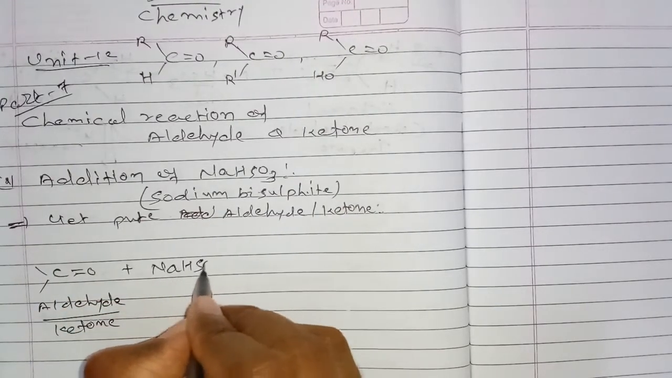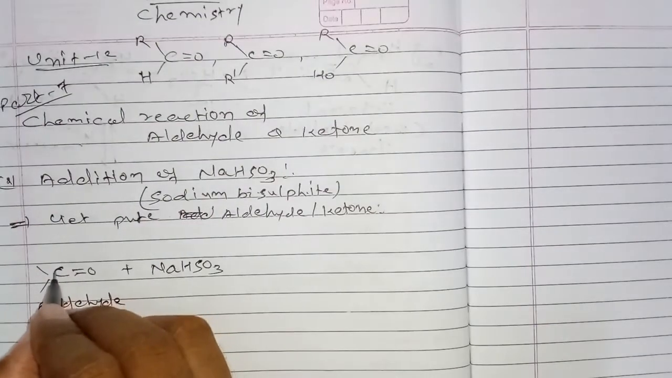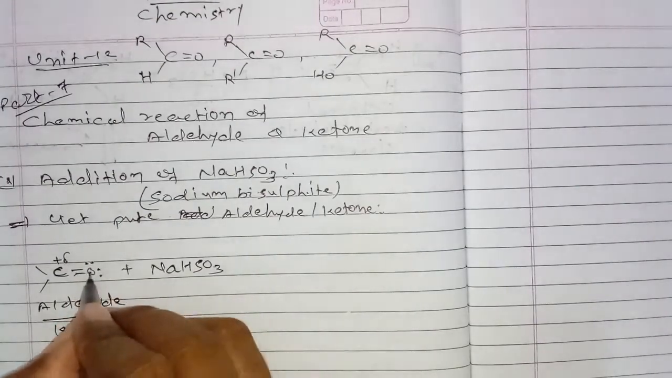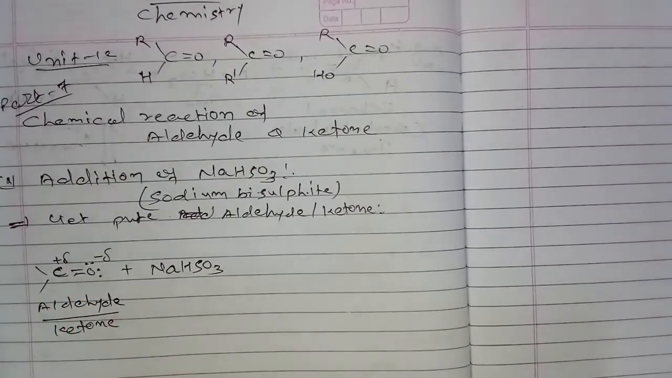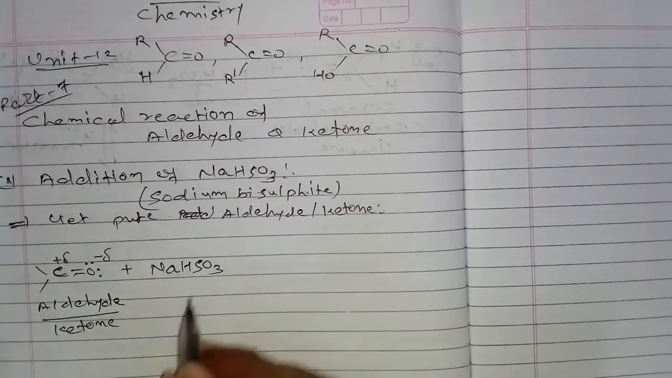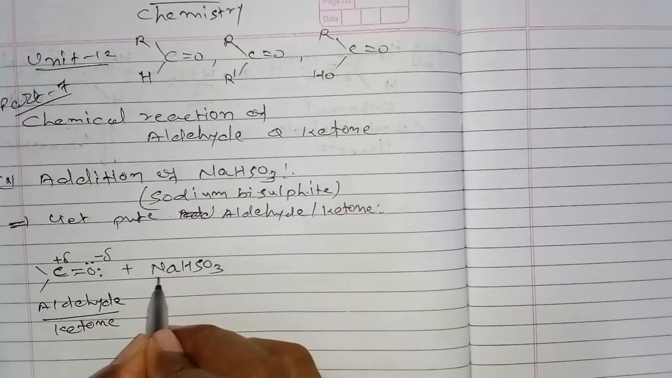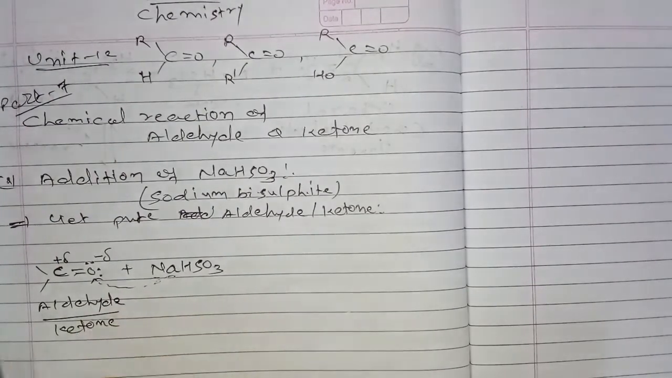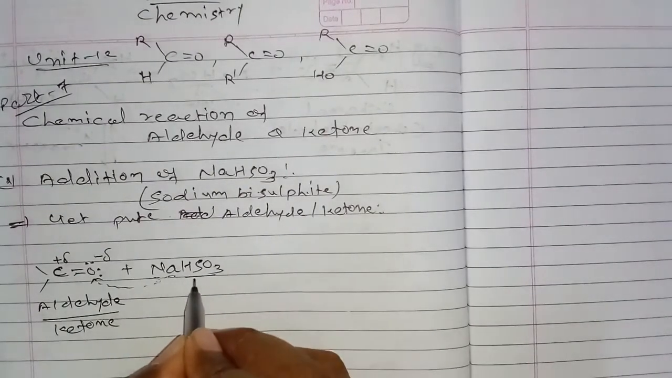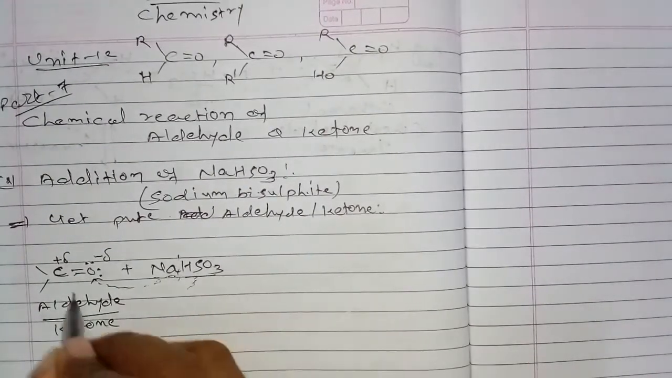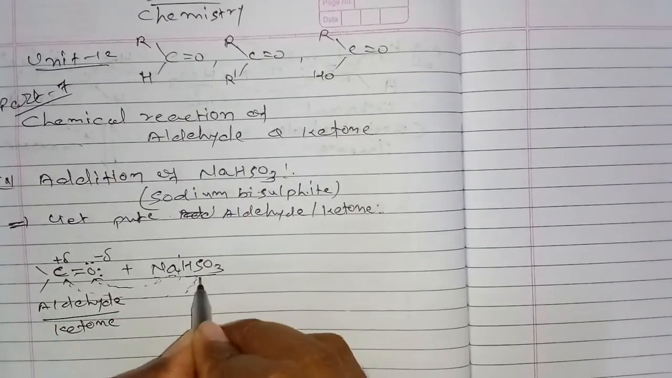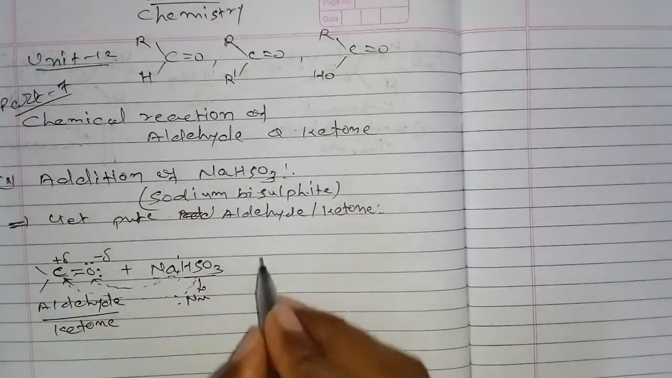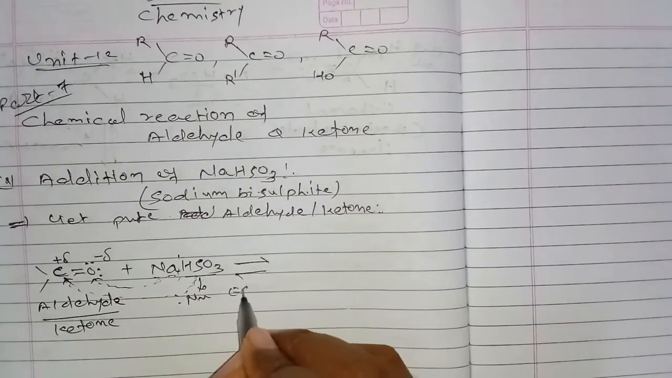NaHSO3, sodium bisulfite. The carbonyl group's carbon has a partial positive charge, and oxygen has 2 lone pairs of electrons and a partial negative charge. Now the sodium, which is the electrophile, attaches with the oxygen, and the HSO3 or SO3H, which acts as the nucleophile, will attack on the carbon. At equilibrium state,